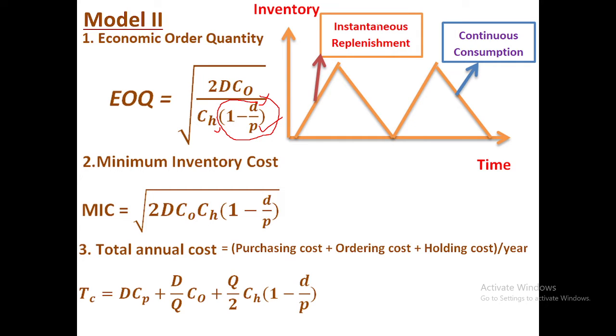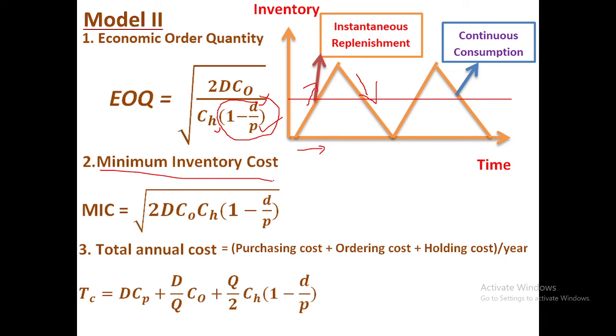Suppose there is instantaneous replenishment. The inventory is purchased and automatically increases, and consumption also gradually increases, so it is maintained at a uniform level. Inventory and purchasing are both maintained at a uniform level. This is the daily purchasing, daily demand and daily purchasing. This is a good production model. The continuous consumption is the daily activity. The only difficulty is to maintain the economic order quantity.